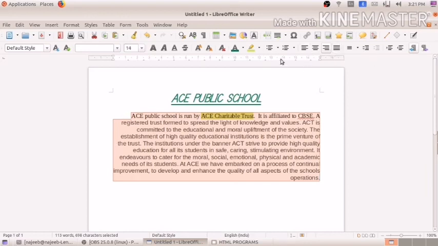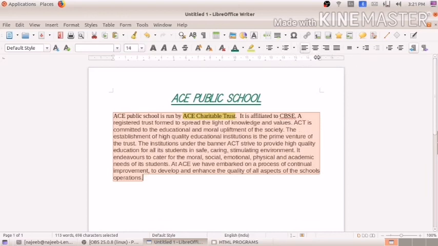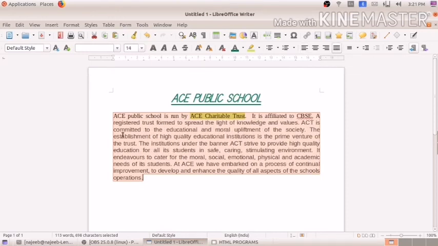Now when we select justified, you can see this side, the left side and the right side, are also aligned. This type of content can be seen in a textbook, or in some novel, a storybook, etc. So this is what is known as justified alignment.